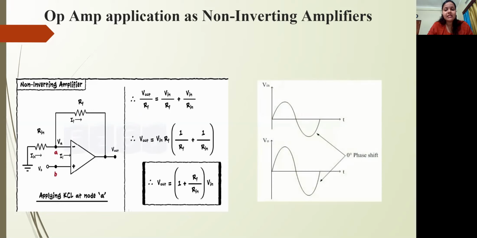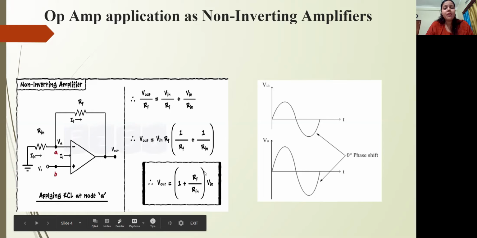And here you can see the input voltage is not getting inverted in the output. So this is the property of non-inverting amplifier. If we are providing any positive voltage, we are getting positive voltage as output. If we are giving any sinusoidal voltage, we have a sinusoidal as output. That is the property of non-inverting amplifier. So here also you need to remember the output voltage equation of non-inverting amplifier.